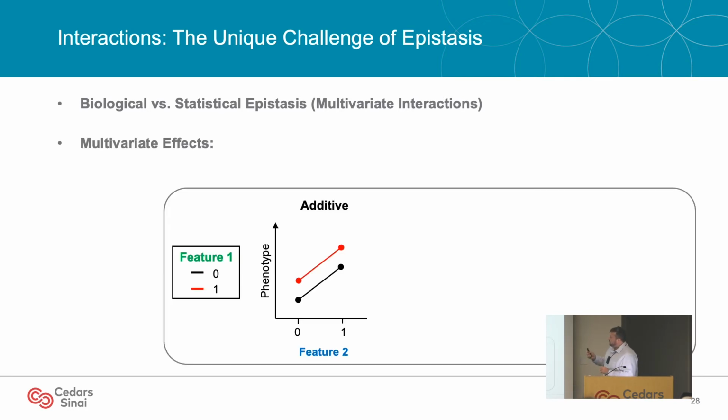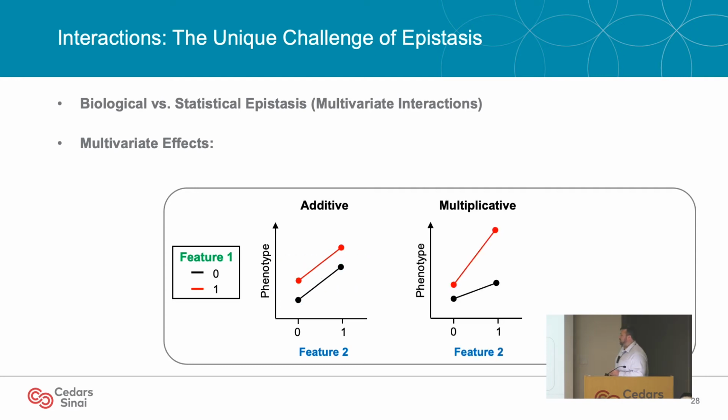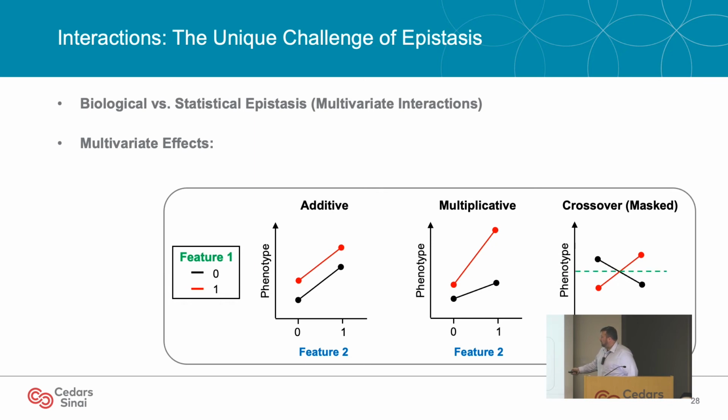Now let's dive into different kinds of multivariate effects to help you better understand why epistasis is so particularly challenging. So by multivariate effects, these examples are just going to look at two features at a time. So in this case, we have feature 1 represents the two colored lines, and feature 2 in blue represents either this state 0 or this state 1. So there's a couple ways we're going to group these data points to understand multivariate effects. The first and simplest is additive.